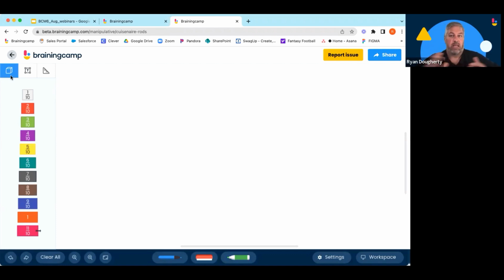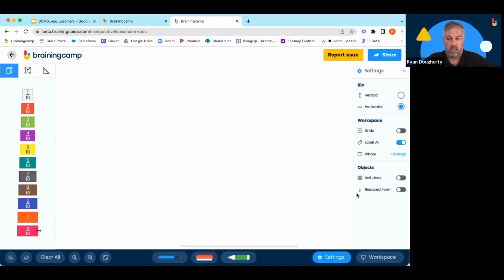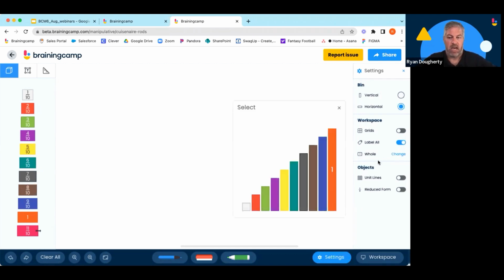If I want to do like denominators, I want to do fourths. I need to go to my settings, and one of the workspace labels is change the whole. So I can hit change, and now I just need to know, well, which one is 4, right? They go 1, 2, they go increasingly larger. So this is going to be my whole now, and I want that purple one to be the whole. Notice how over here in the fraction tray, everything has changed, right? And now I can go,